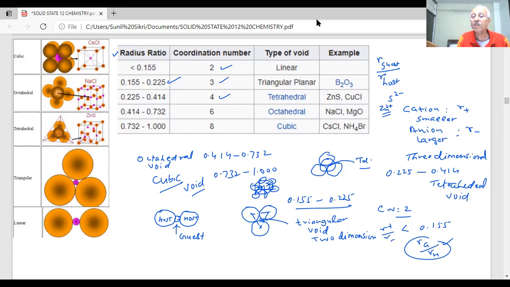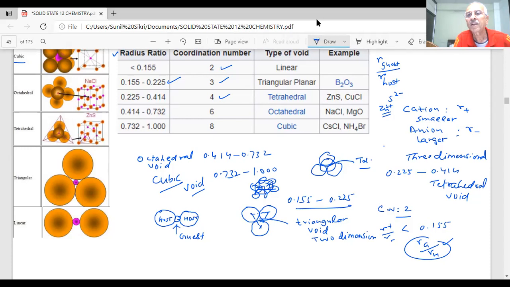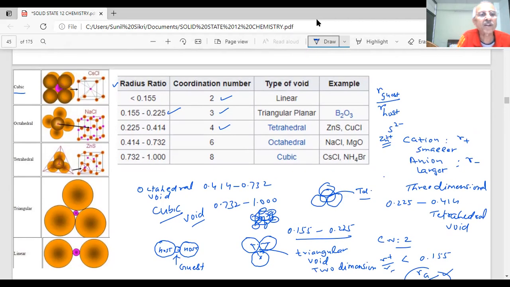And the example of cubic is cesium chloride. Cesium chloride is the example of a cubic crystal lattice, student. You can see this is cesium chloride, cubic. These chloride ions are occupying the 8 corners of the cube, and the empty space inside is occupied by the cesium ion. Cesium ion is then our guest, and the others are our host. So what we find, student, in such cases, these are the examples I tried to show.